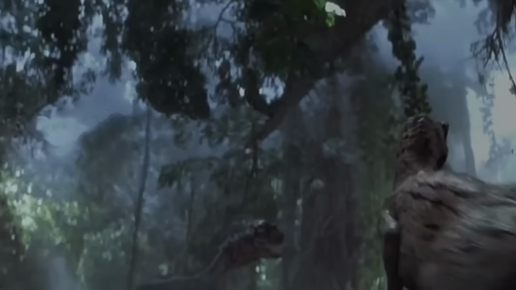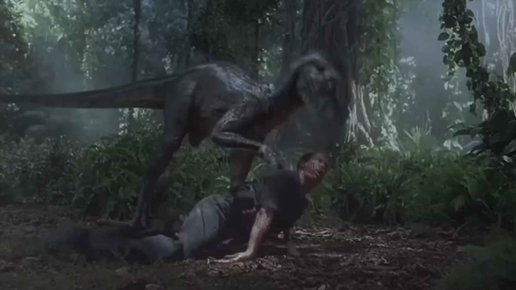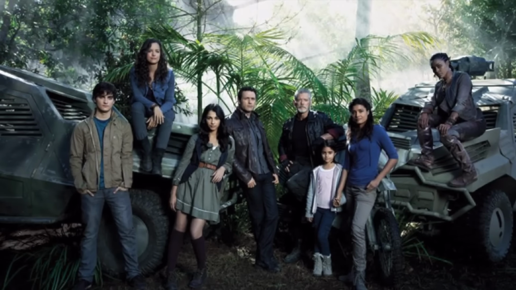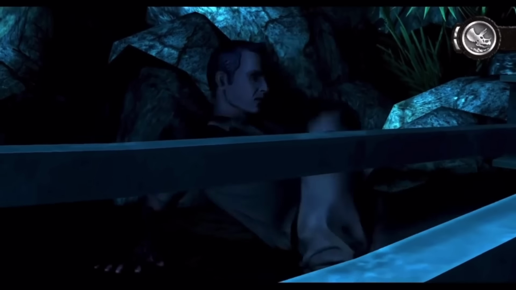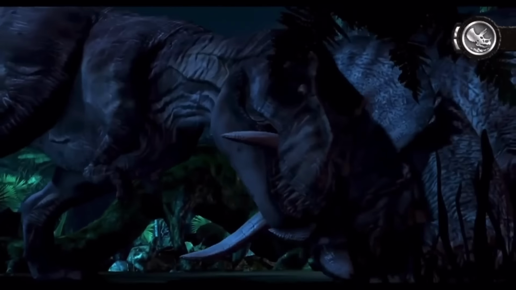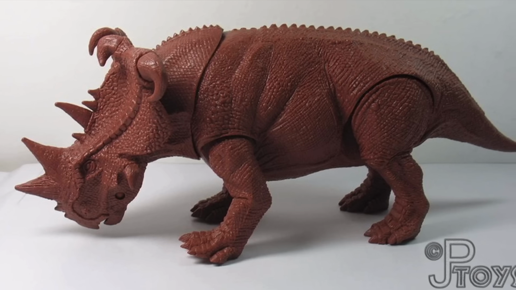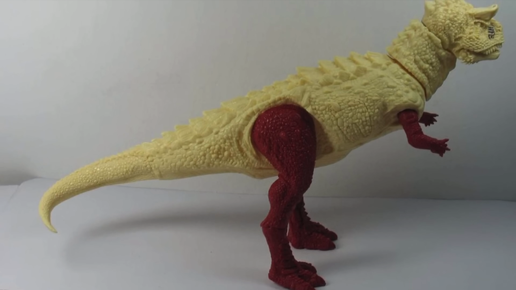Now, what did happen around this time was actually a wide variety of dinosaur and Jurassic Park related projects that were connected with either the Jurassic IP or Steven Spielberg himself. 2011 saw the release of the single-season show Terra Nova that the director executive produced, and Telltale's Jurassic Park: The Game came out shortly after to some pretty mixed reviews. Hasbro also made a point of putting out brand new Jurassic Park dinosaur toys at the time. However, their release was notably staggered and kind of all over the place.